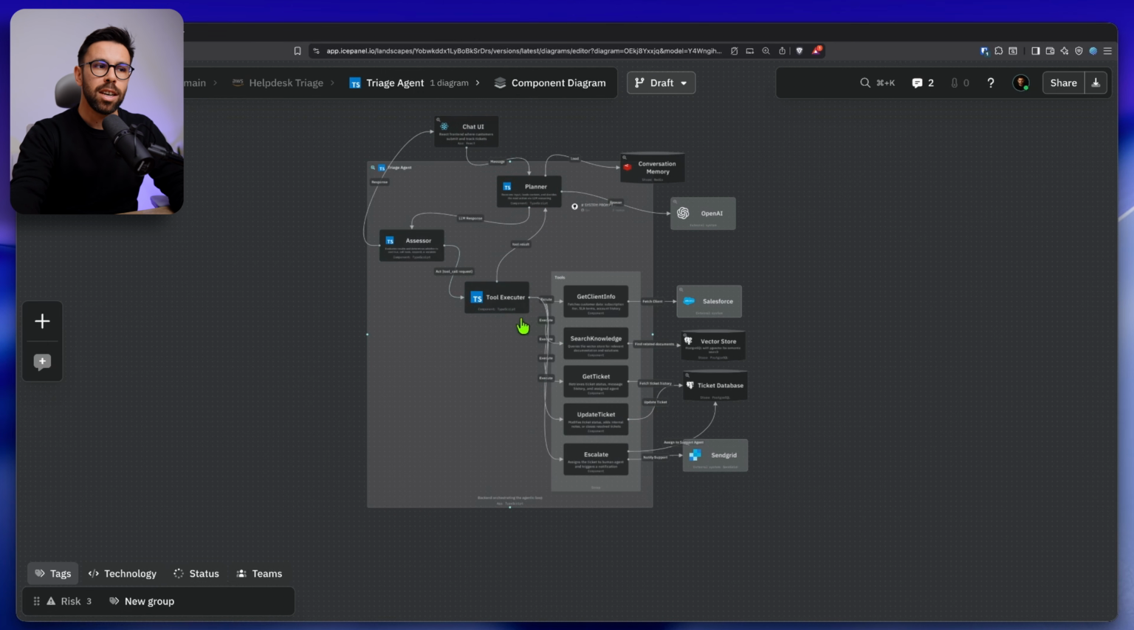We have the loop, and it will go to different tools. And to make this agentic flow more clear for you, I want to create a flow here. But first,